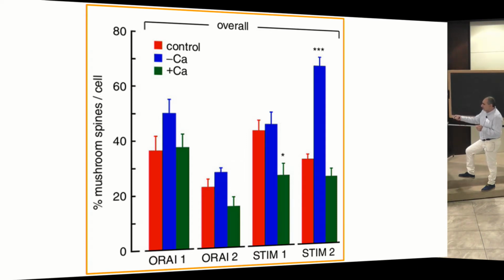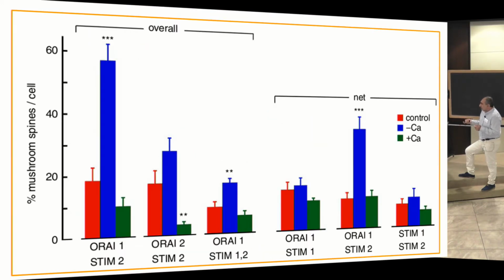before, in free calcium, and after that. ORI2 as well. STIM1, almost no change. But STIM2 has huge relocation ability. You see, it goes up in these spines, it doubles, if not more. Okay. So if we check pairs like ORI1 and STIM2, again, in mushroom spines it goes up from control condition to calcium-free condition, and reduces after calcium is brought back.